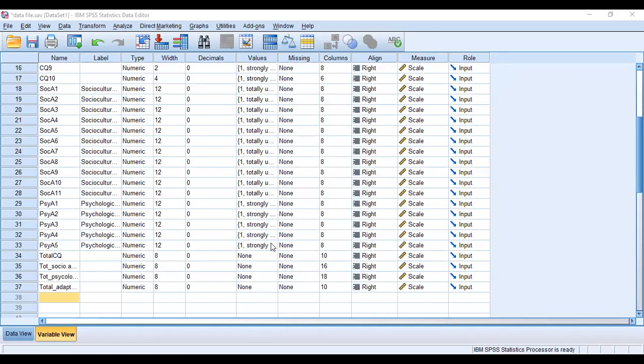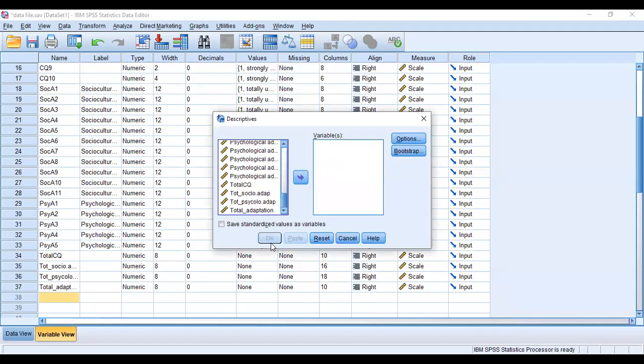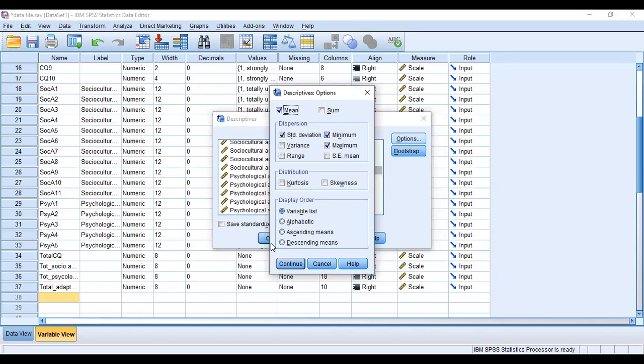Now, say for example, you want the mean and standard deviation for a continuous variable. Go to Descriptive Statistics. Do not go to Frequencies. Now simply go to Descriptives. We want the total cultural intelligence mean, total social cultural intelligence mean. You have to click these one by one, or sometimes you can also select them together. Go to Options. You want the mean, minimum, maximum, and standard deviation. If you want the range, you keep on the range, right?